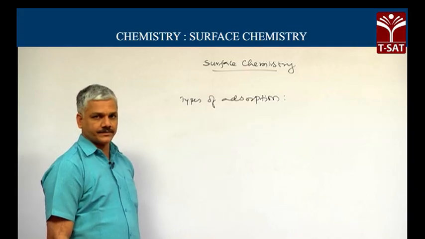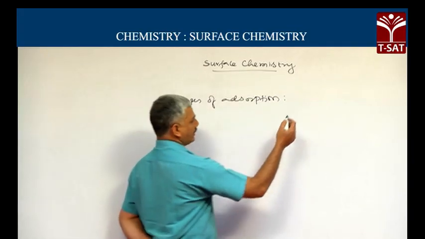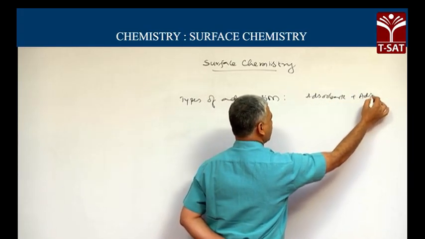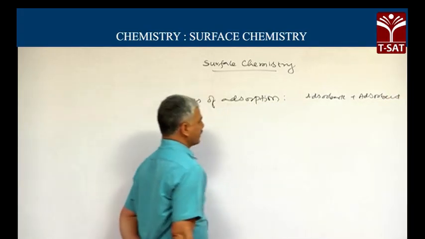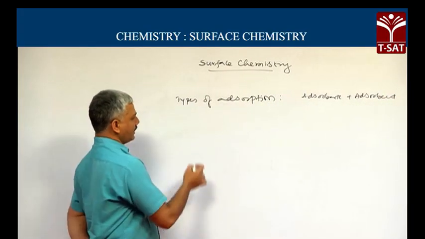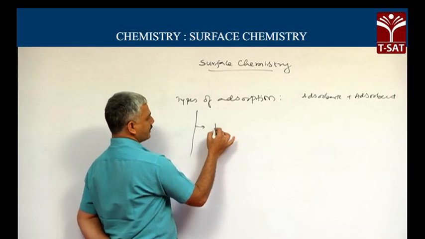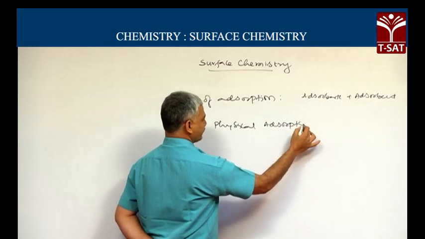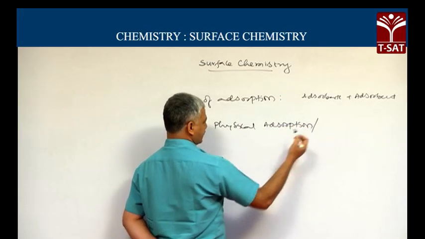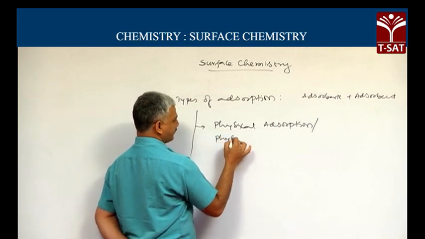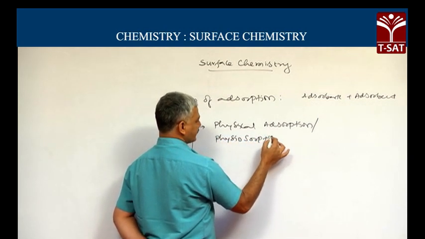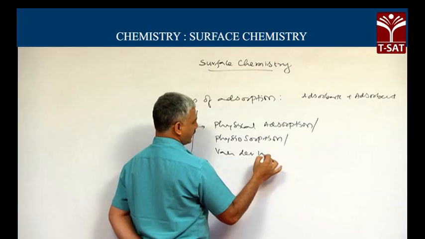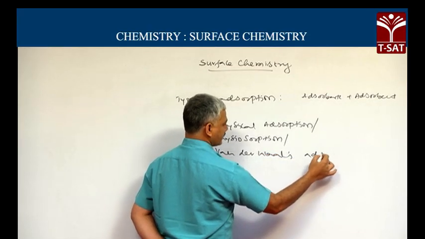Types of adsorption. Depending on the forces operating between the components, adsorbate and adsorbent, the process of adsorption is classified into two types. The first is physical adsorption. This physical adsorption is also called physisorption or van der Waals adsorption,